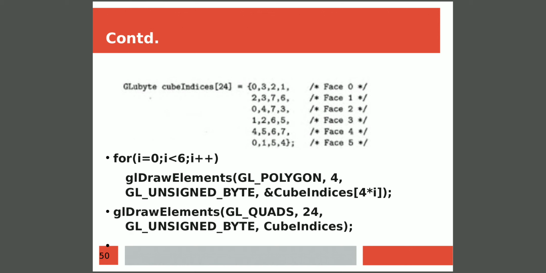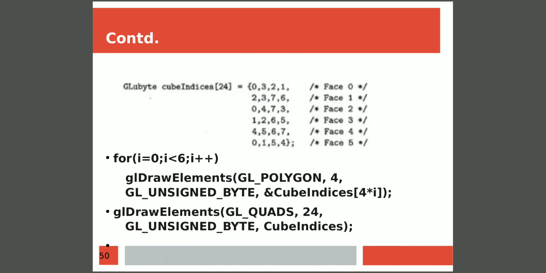Totally there will be 24 vertices. Here the vertices will be repeated for each face. Then how to display each face of a cube: totally we have 6 faces. So we have written a for loop starting from 0th index till 6, and then to display a face of a polygon, we have a built-in function known as glDrawElements. In glDrawElements, we need to pass 4 parameters to display one face. The first parameter specifies what will be the primitive for a face. Here we are considering each face of a cube as a polygon, so we are passing the first parameter as GL_POLYGON. That means we have considered each face of a cube as a polygon.